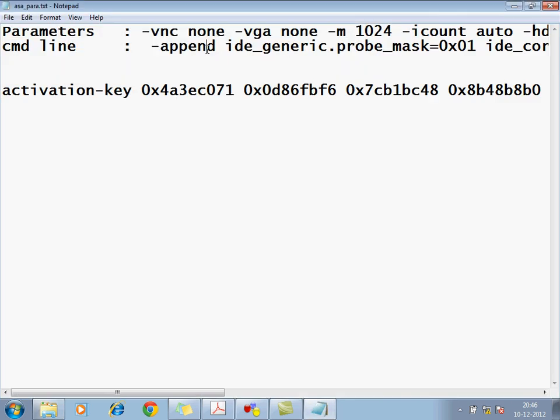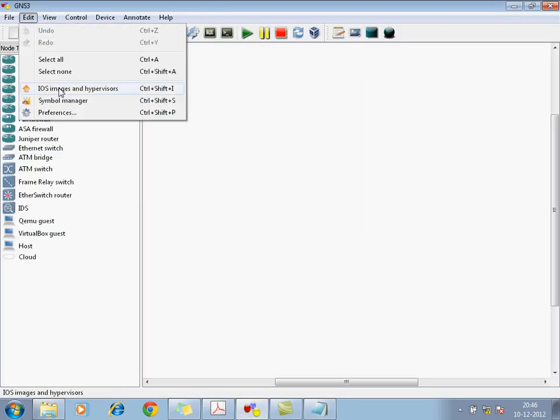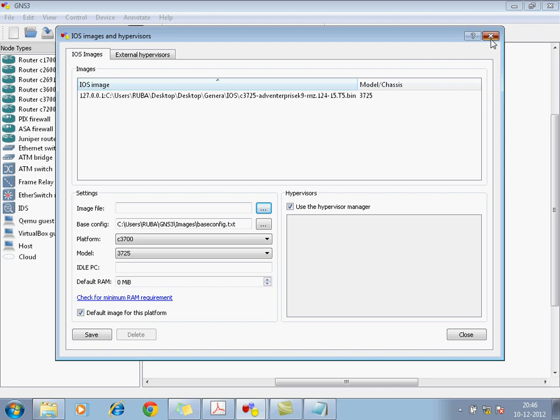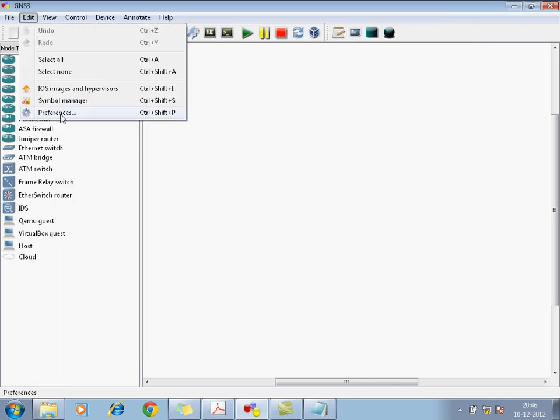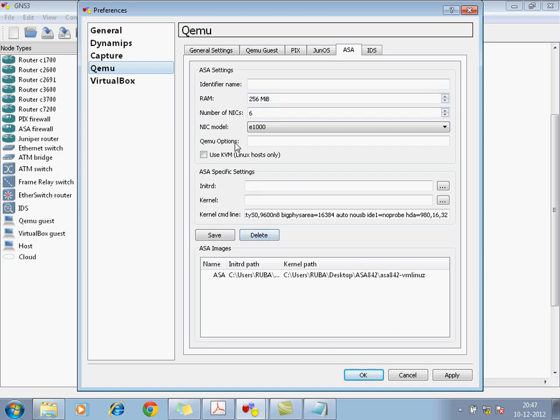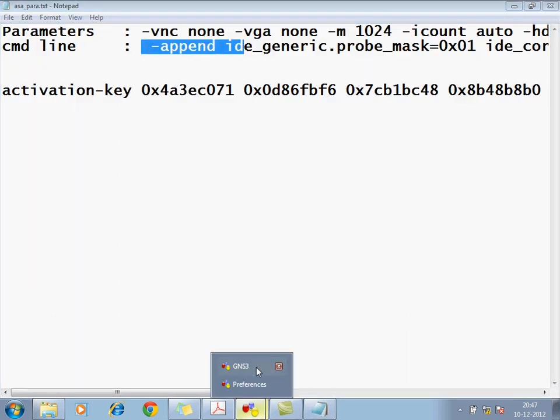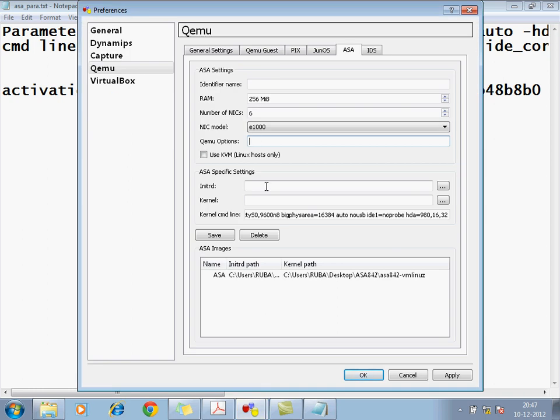These are all the parameters. In the section of parameters, you need to apply the same. Here we have options, so you need to apply the same as here, and the command line also you want to implement here. You want to type it, copying the same into the command line. This is the command line. The parameters you need to apply here.